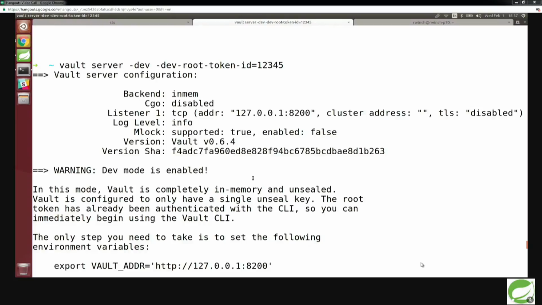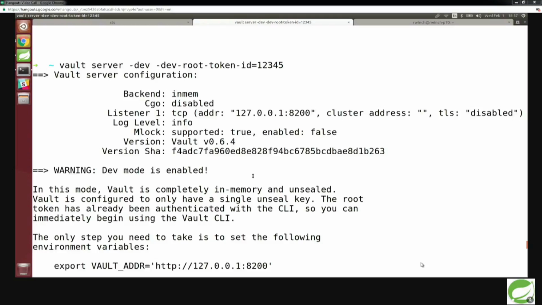And then -dev means it's in a special mode. And that mode, we're going to get into more details, but it's basically not fit for production, is a very simple summary. And then the dev root token is how you initially authenticate to it, the root token, and it's 1, 2, 3, 4, 5. Now, obviously, that's not great for production and why you wouldn't use it, but it's going to work well for our demo.